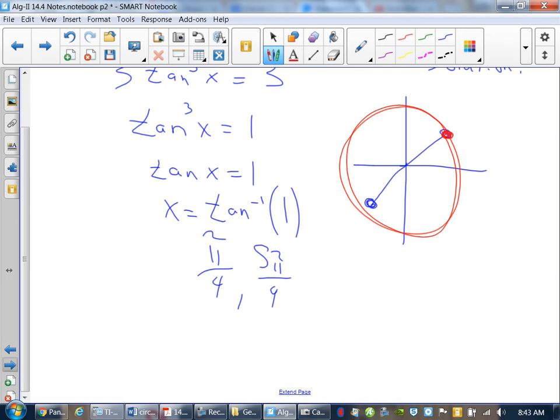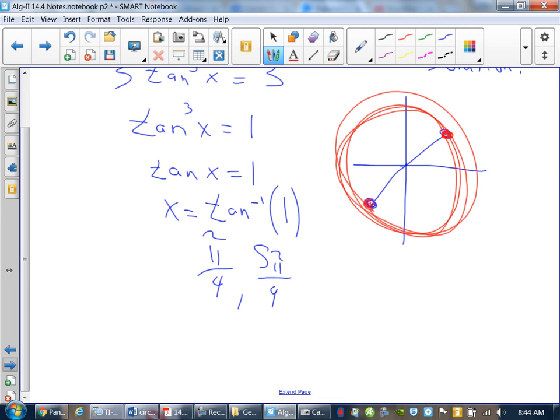Pi? Oh, 2 pi. It would take me 2 pi, every 2 pi, I would wind up back at pi over 4. Are we okay with that? Same idea here. If I start here, how long does it take me to get back to here? 2 pi. But with tangent,